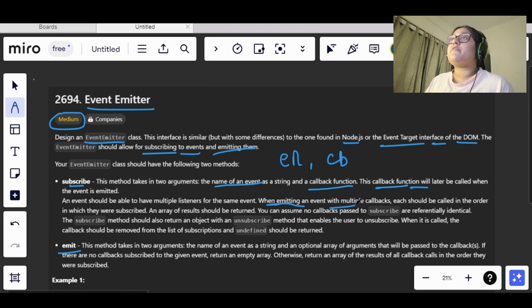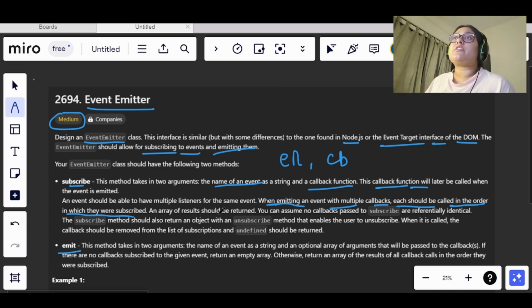When emitting an event with multiple callbacks, each should be called in the order in which they were subscribed, and the callbacks will be called in that order only.